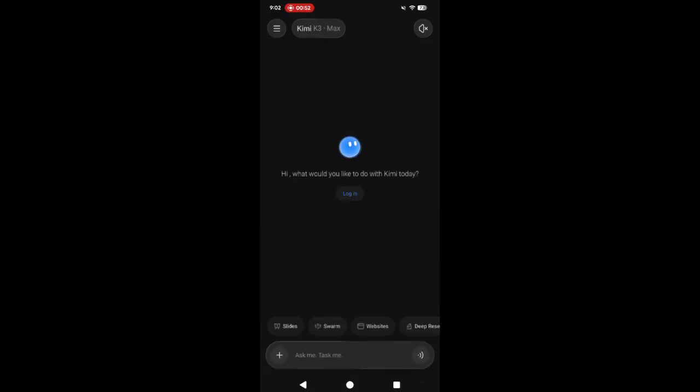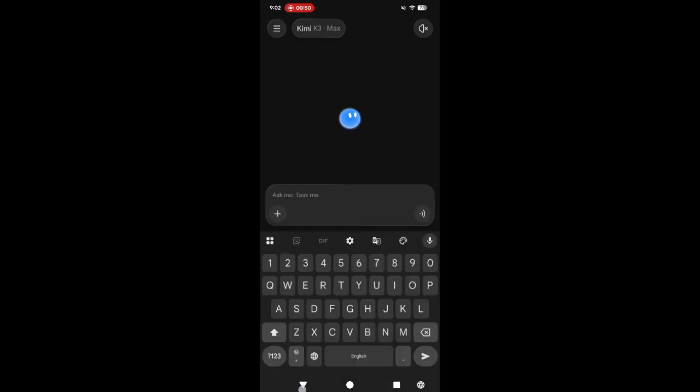Keep in mind that the Android app is currently available mainly in Chinese, as it's still being developed. An English version is expected to be released in the future,